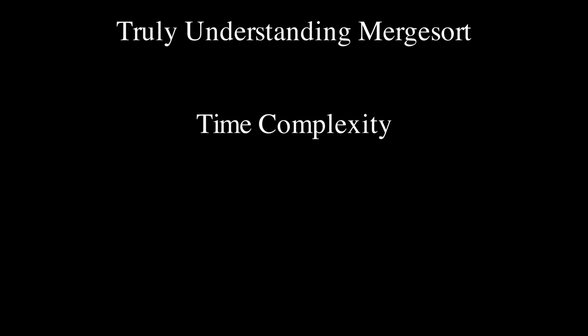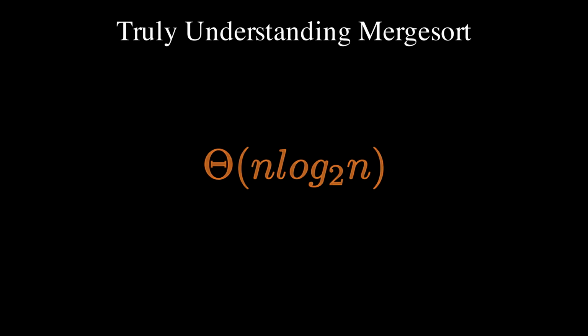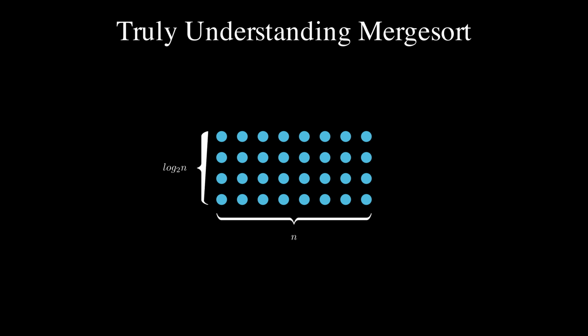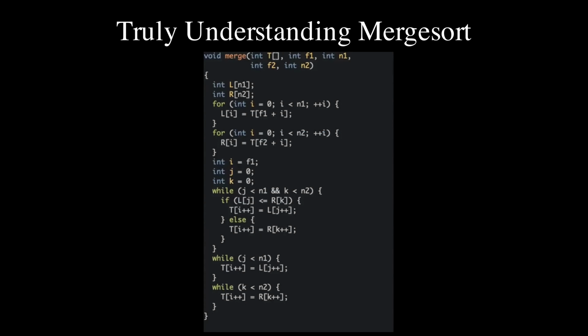Let's now try to understand why merge sort is so efficient. Merge sort has a guaranteed worst-case time complexity of theta of n log n. It is quite easy to understand why, by using a graphical argument. But first, we must concentrate on the merging operation. The declarations run in constant time, independent of the input data. The running time is therefore dominated by the loops, whose running times depend on the input data.